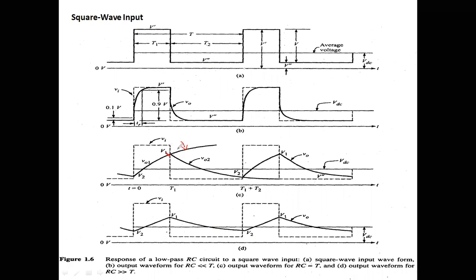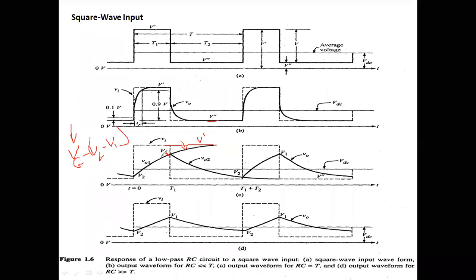Okay, if we allow it, the final voltage it is going to reach is V dash. Because in our formula for finding the output voltage, Vf minus V initial, which you have seen in the previous class, there we want to know the Vf value. Vf value means finally to which voltage the capacitor is going to charge. Actually, if the time constant and everything is sufficient, the capacitor will charge to V dash, and then it will start decreasing and again charge to V double dash.